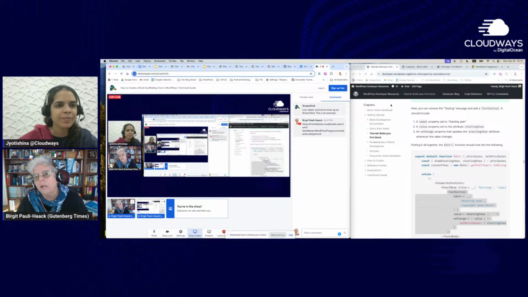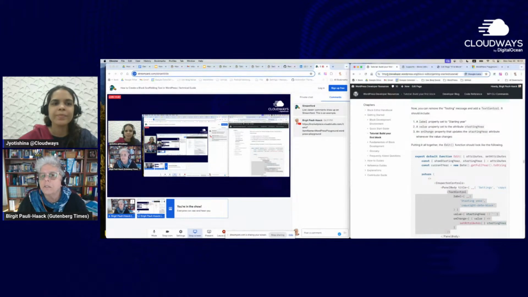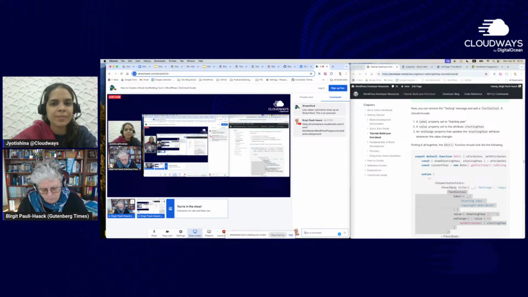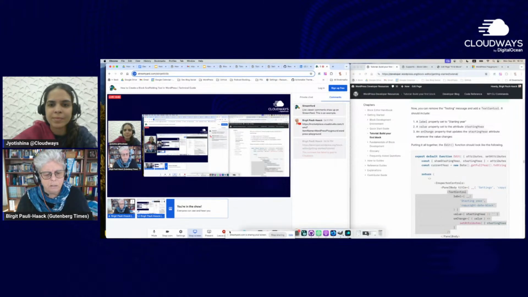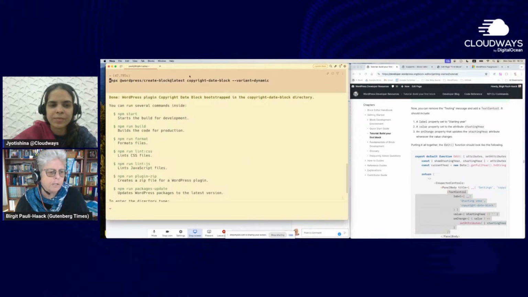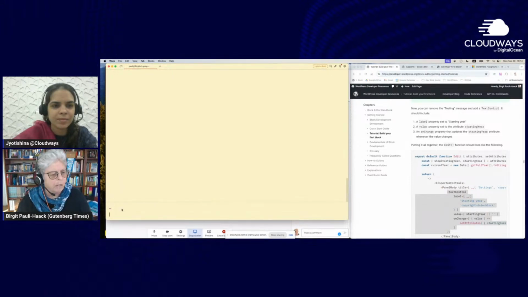So the tutorial that we're going to use is the tutorial in the Block Editor Handbook. That is Build Your First Tool block, and I'm sharing that here too. And so I'm going to go here. So this is my, I'll clear that out. This is my terminal app,